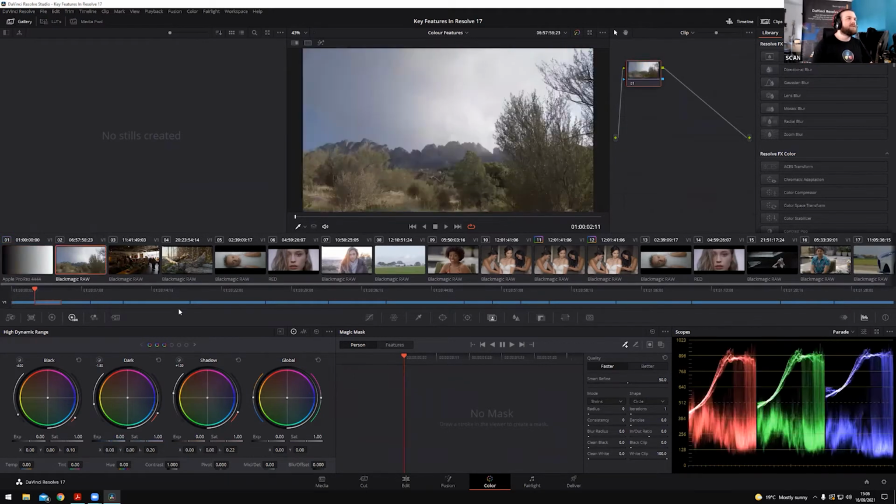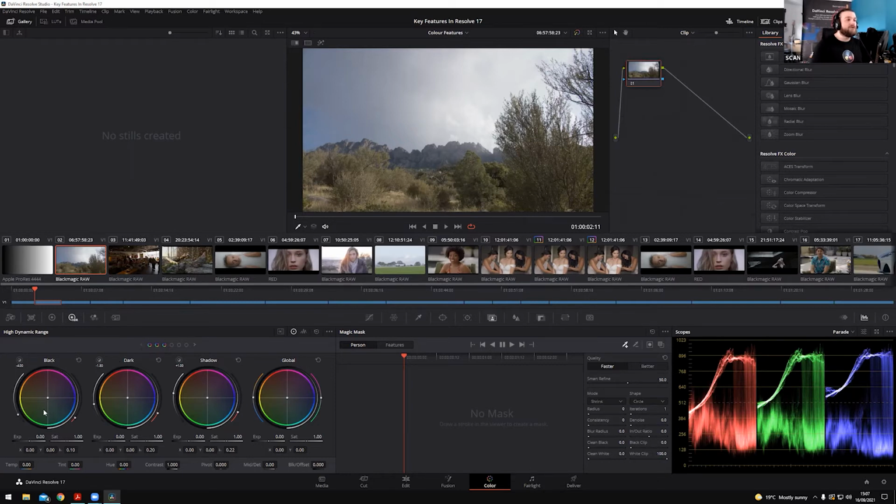So I'm going to jump into this next clip on my timeline here, and I'm going to do a very quick grade on this clip. We've got some bushes and trees, grass in the foreground, mountains, and then our sky with some clouds over the top of it. Generally when I'm teaching grading, I always say, set your black point and your white point first and work on everything in between. But if I come all the way down to my HDR tools